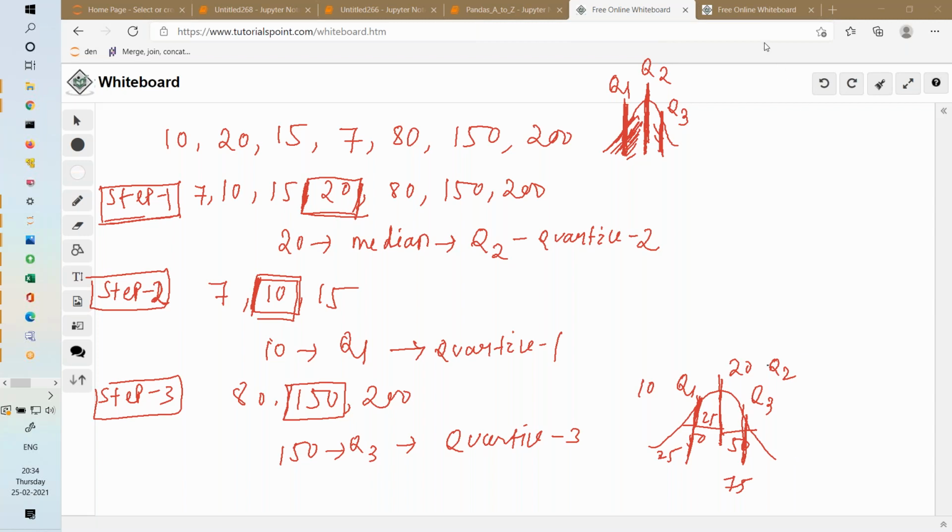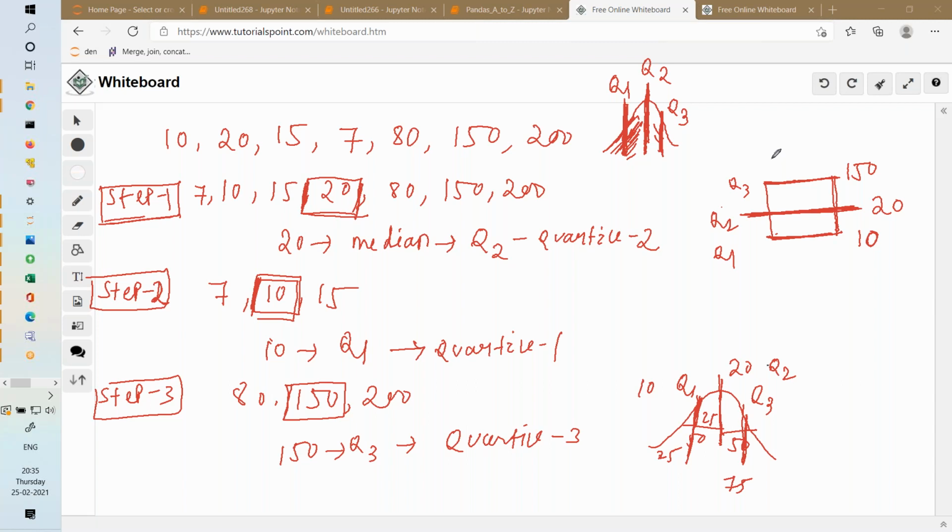Using these three values, I can construct the box, the middle part. So what I will do here, this is the box and I will stop here. I will take all your doubts. This line that you see is called the median. What is this? This is called 20. The lower line of this box is called Q1. This is 10. The upper line of the box is called Q3 and this is nothing but your 150. So this is my box: Q3, this is Q2 and this is Q1. This is 25%, 50%, 75%. I will stop here. Till now it is clear or any doubt?